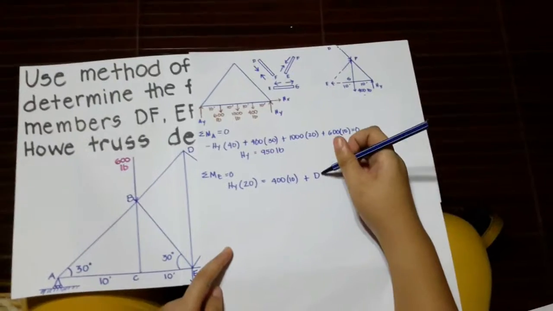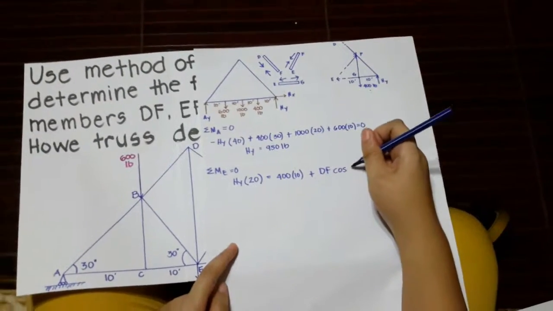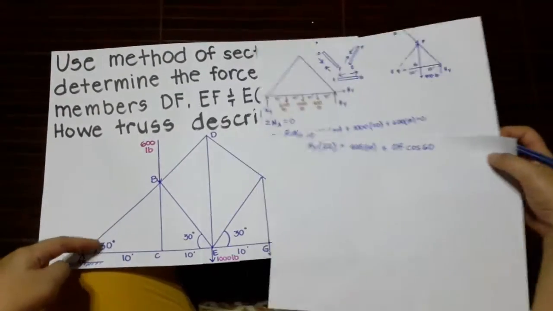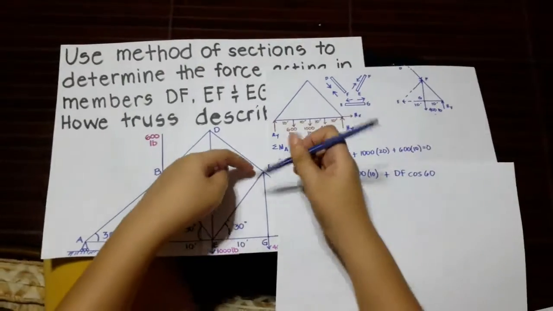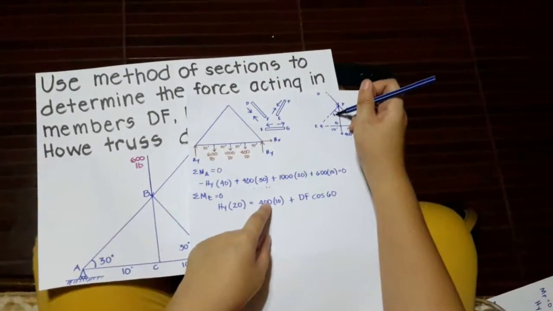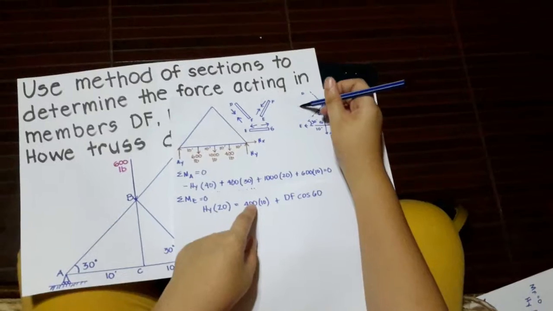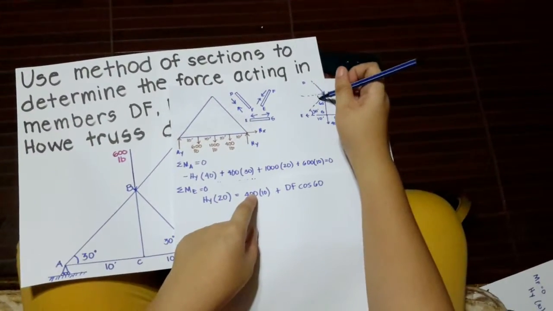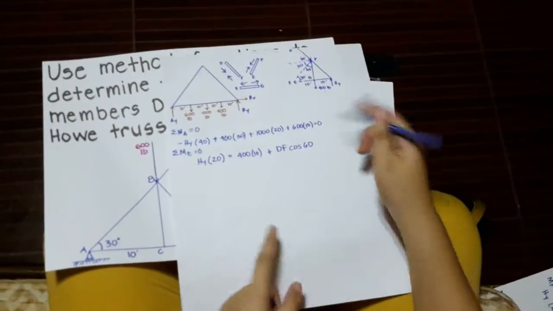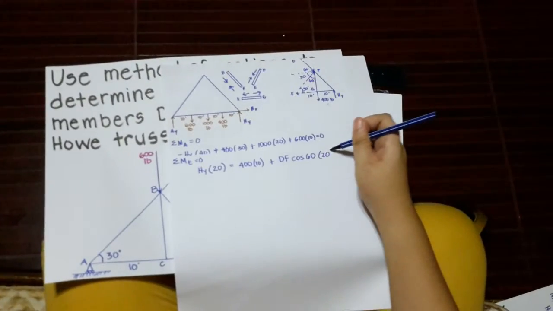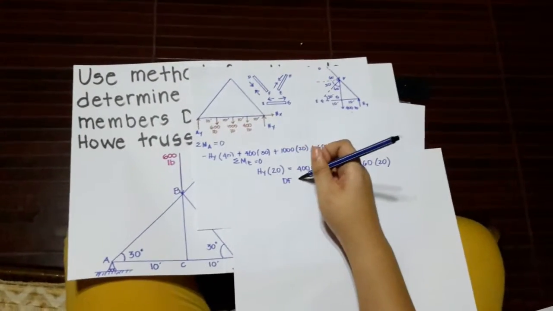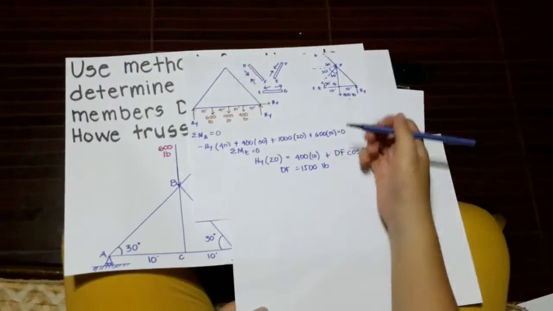DF cosine 60. If you know your trigonometry, we have 30 degrees here, so we have 60 degrees here. If we have this line, we'll know that this is also 30 and the complement of this is 60. So we have cosine 60 times 20. Computing for that in your calculator, you're going to have DF equal to 1,500 pounds plus our assigned